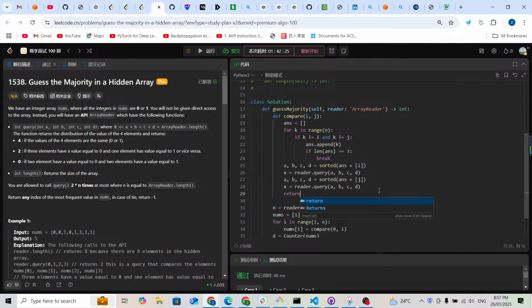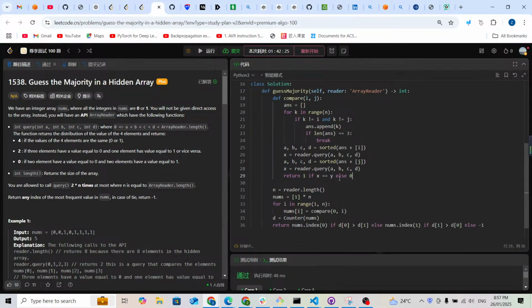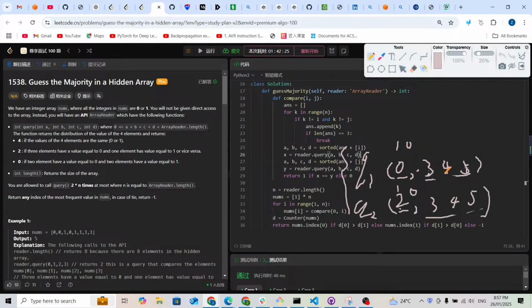So finally, I'm going to return a 1 if X equals Y, else I'm going to return a 0. So the idea is that for this A, B, C, D, it is a sorted array, and here it is also sorted, and this value is going to be Y. From my previous example, it's like this 0, 3, 4, 5. Actually, it should not be 0, 3, 4, 5. It should be,